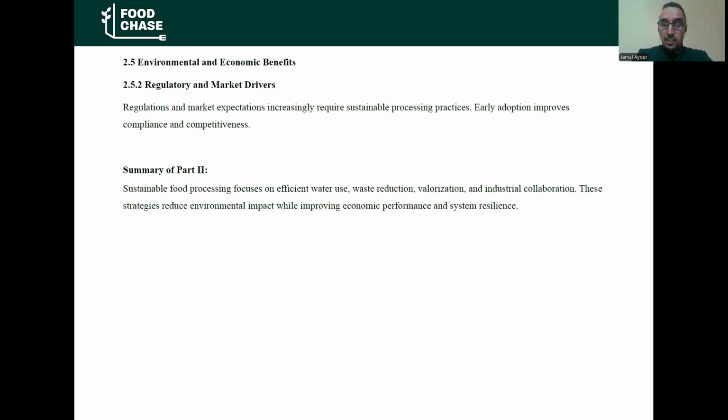And finally, for this part number 2, sustainable food processing focuses on efficient water use, waste reduction, valorization, and industry collaboration. This strategy reduces environmental impact while improving economic performance and system resilience. Using different technology is one of the areas of new technology, new research, and different laboratories. In our laboratory we also work on development of new technology for valorization of compostable waste to create energy, to create electricity, to create